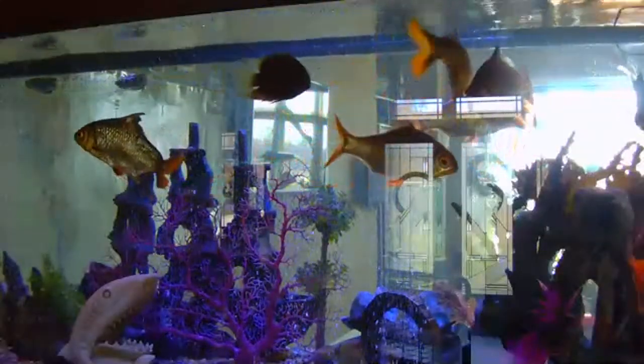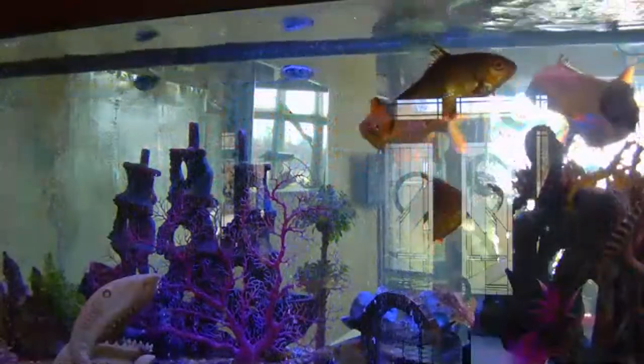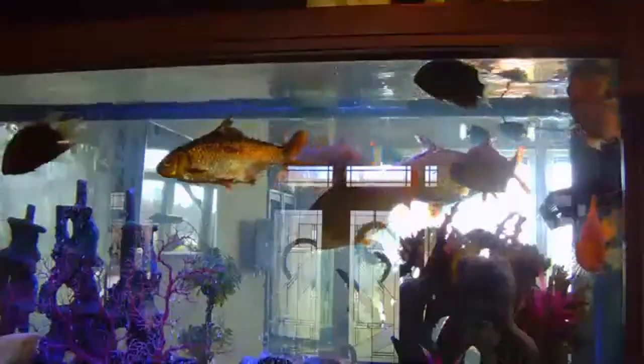But one of the things that we have to do with our fish is we have to feed them, right? We have to feed them. And I have a whole bunch of different types of fish in here. Every fish that we always get when they're babies. So they're typically the size of my thumb. Big Bob